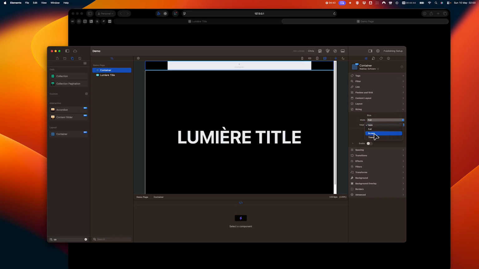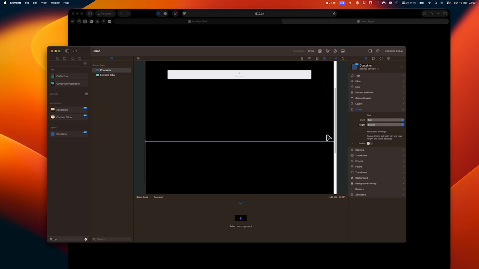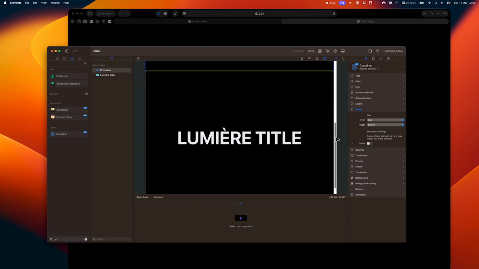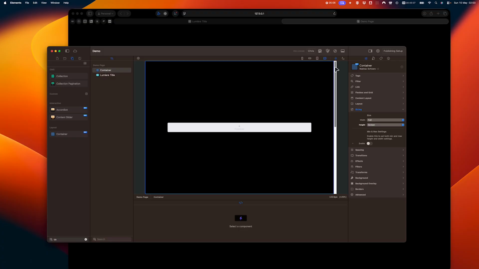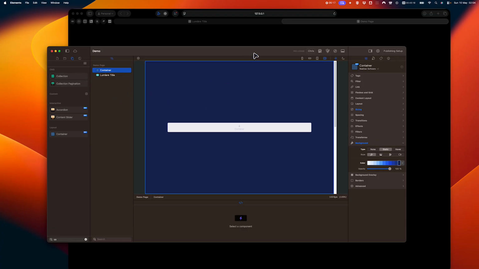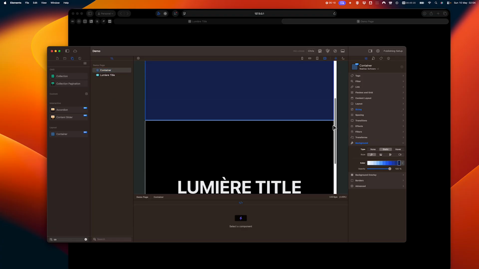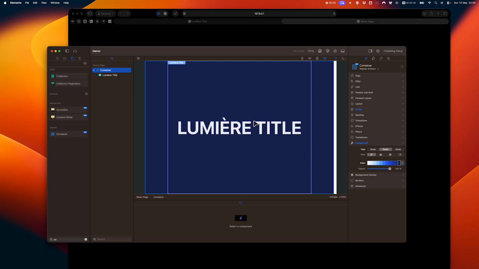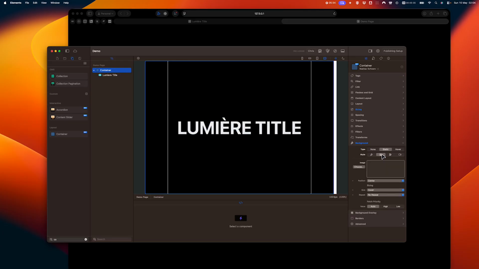For this demo, I apply the same size as the other component. In this way, we have a big space to animate this title. I change the color only for this demo, so you can see the difference in a clear way. This is black, but this is transparent. You can put this title and the background is the same. If you put an image in